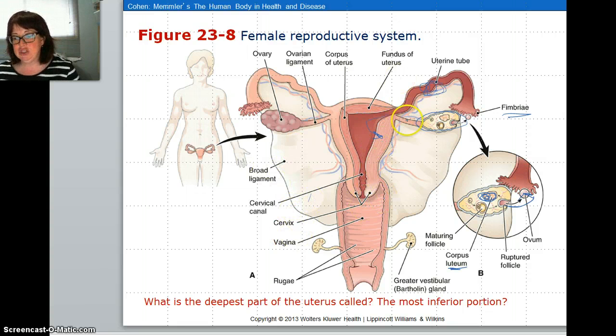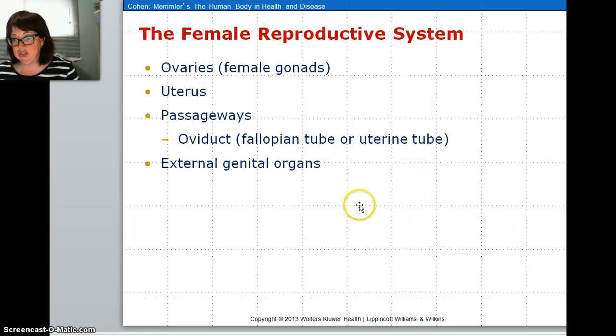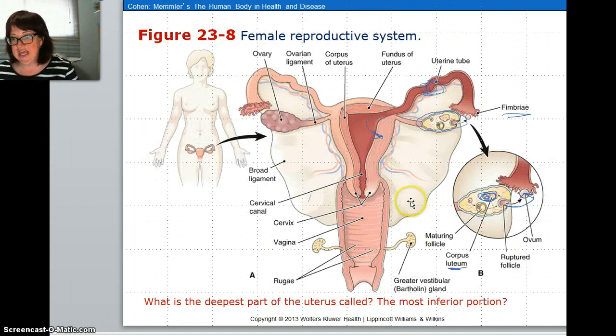When it comes to the delivery, the sperm goes into the vagina. You need to know the cervix. That's a term. The cervix is the opening to the uterus. The vagina is the delivery chamber. Now, there's also what are called rugae. Again, those are those folds that can contract when space is needed. Okay, so those are the simple